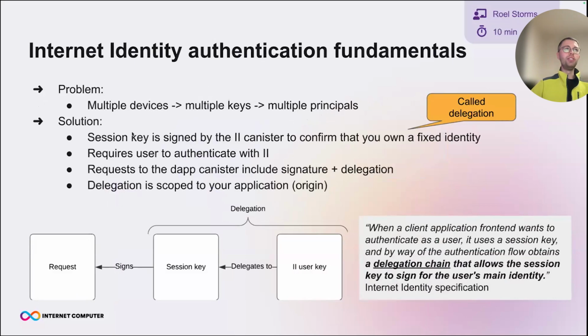Well, this session key that you generate in the front end will be signed by the II Canister to confirm that you own a certain internet identity, a certain anchor, or a certain principal, what do you want to call it. And this attestation by internet identity is what we call a delegation, in this context at least. It obviously requires a user to authenticate with II, otherwise such a delegation is not delivered. And this flow, this authentication flow, is initiated by your application